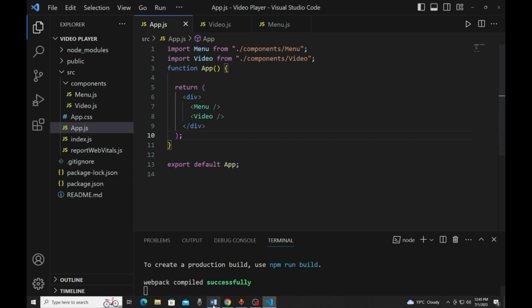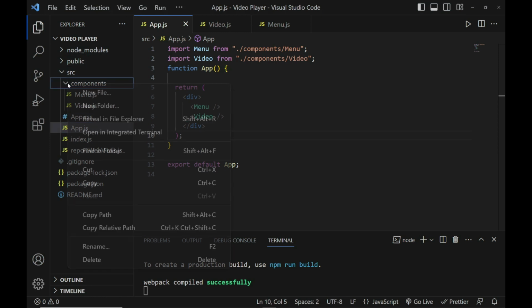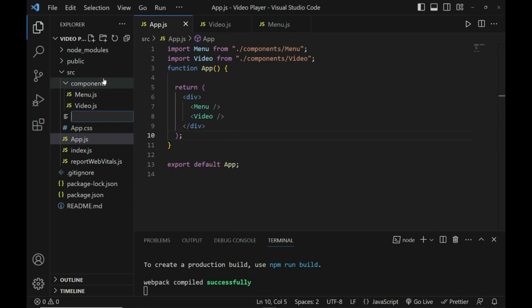So right now you can't see anything because I've not added things there. So let's add some CSS. All right, let's create a file and name it